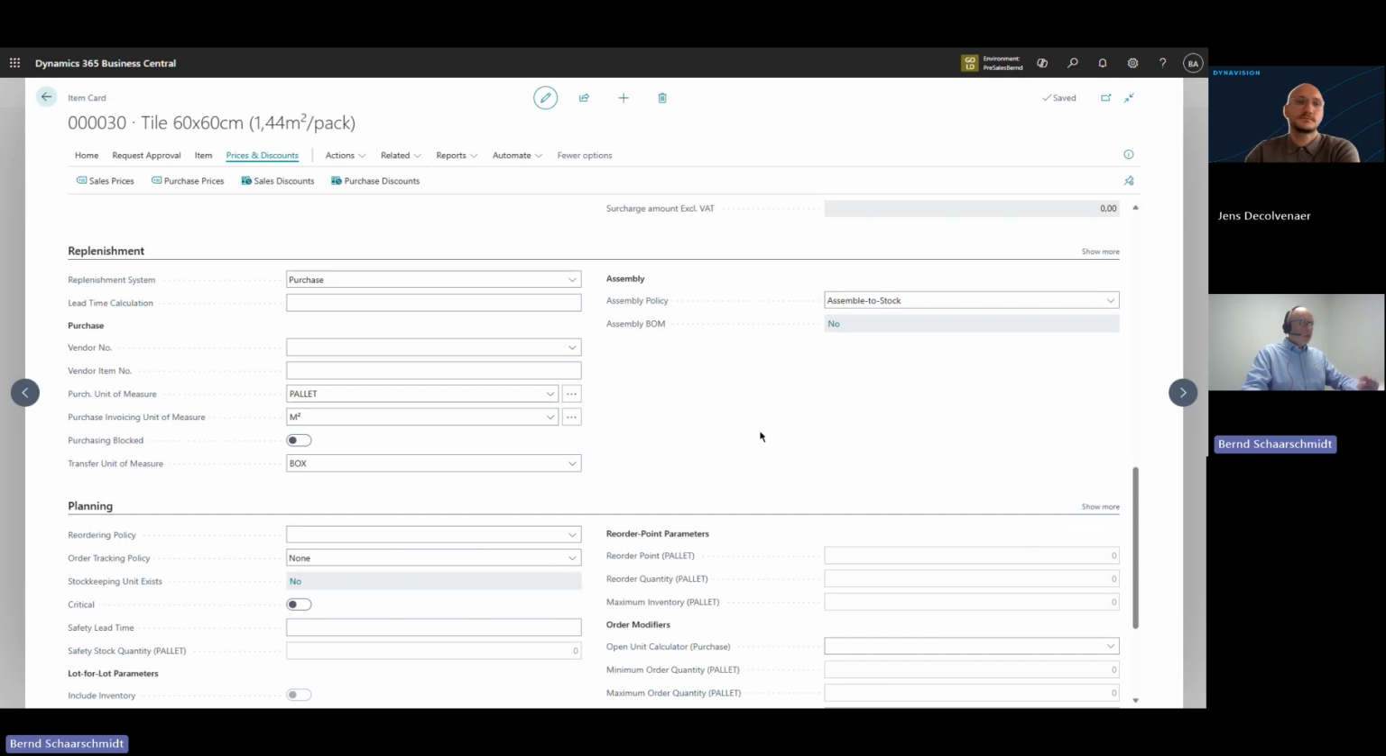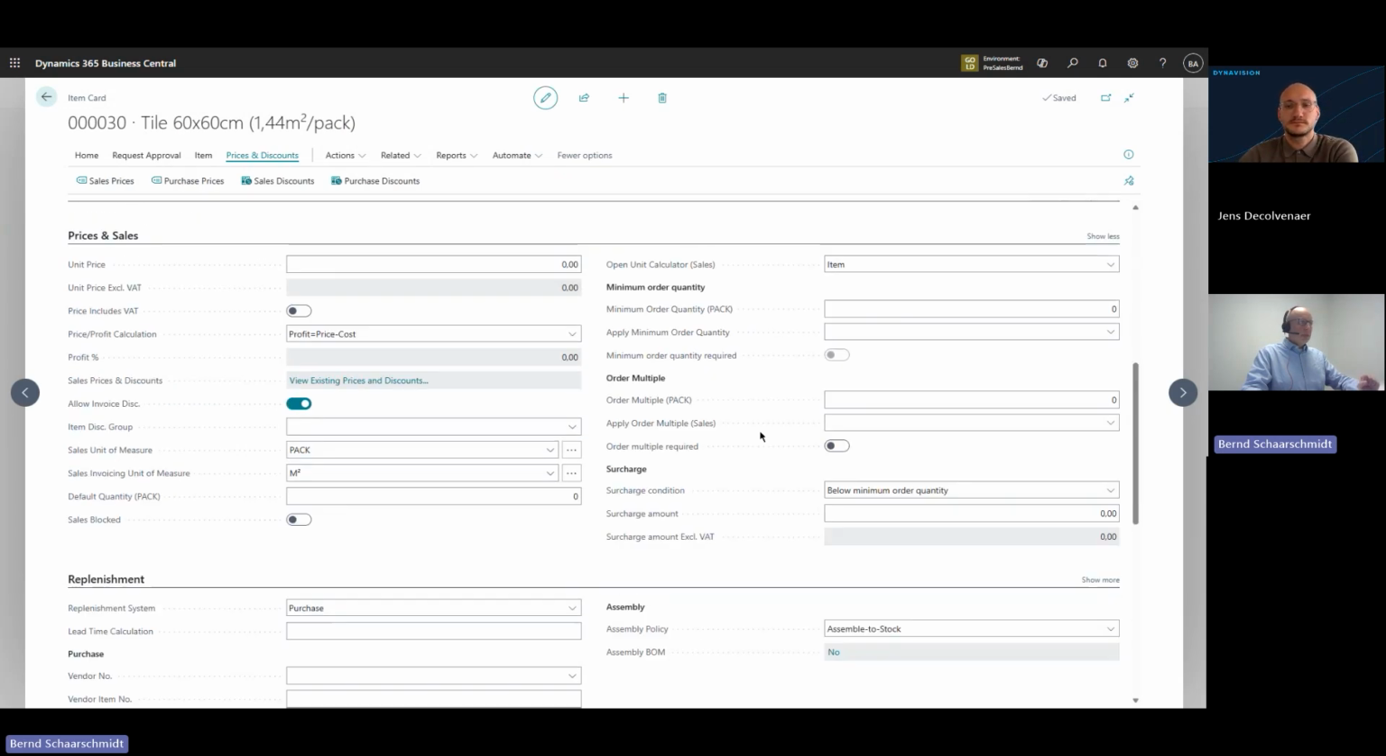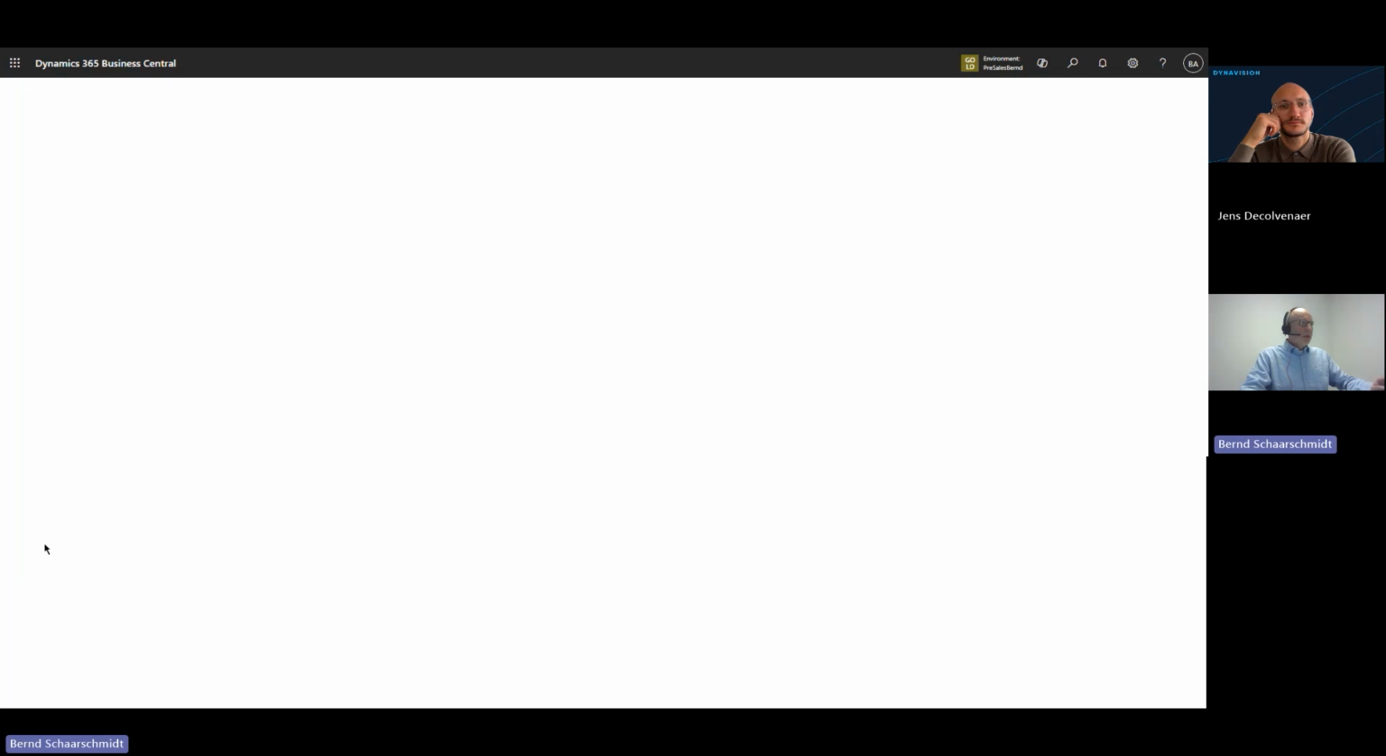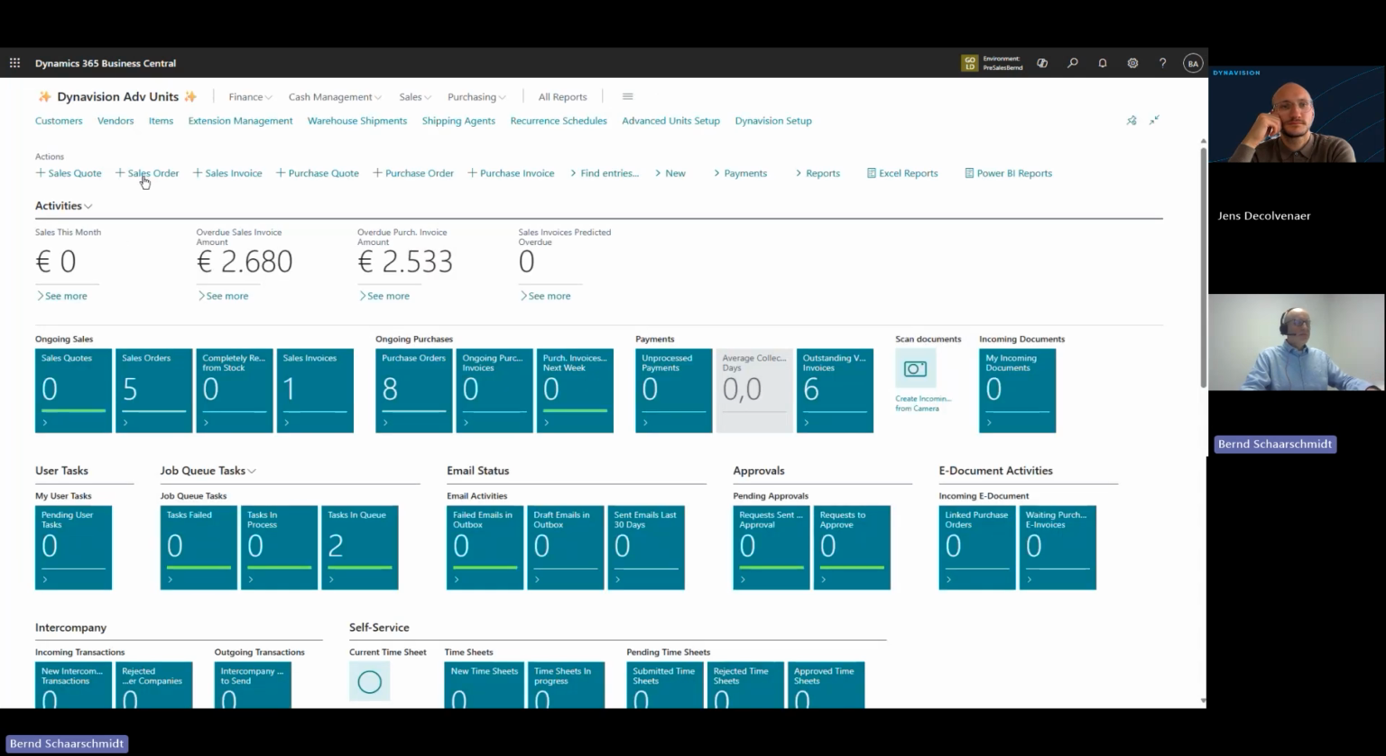So what I also defined on my sales side is that I want to use the unit calculator by default, and I have three possibilities. I don't use it. I use it automatically when I validate the item number, or it will open when I validate the variant code of the item. So it depends if you work with or without variants. If I go back now to a sales order,